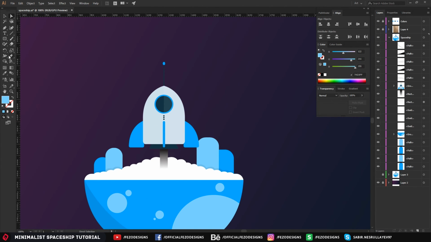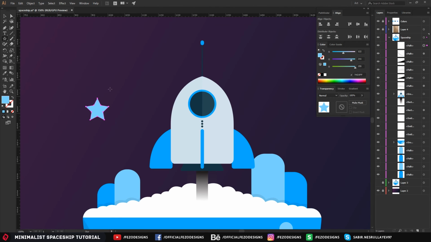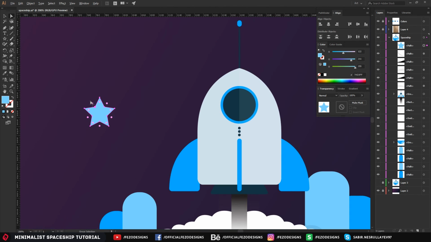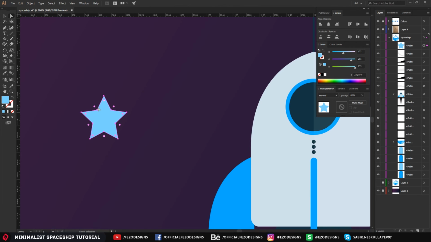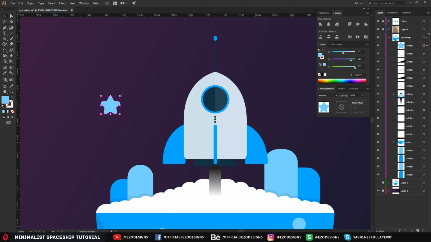It's very simple. Just select the star tool and create some star over there, and after creating one, just one left click, selecting your direct selection tool, just move the circles down about few pixels, just like 4 pixels, just like that, and select it, make it smaller, put it over there, and select and press and hold Alt, drag it over there. You can easily Ctrl C, Ctrl V on it,